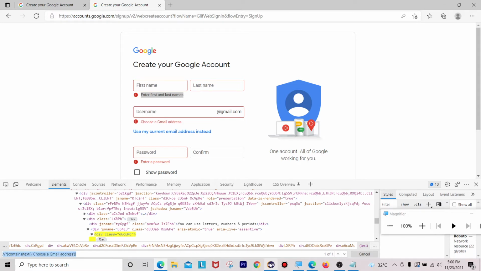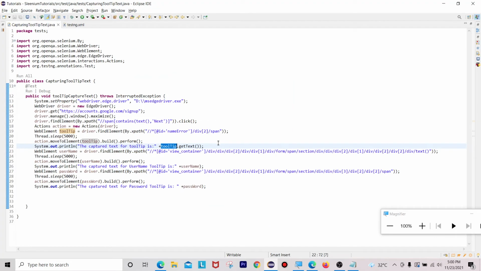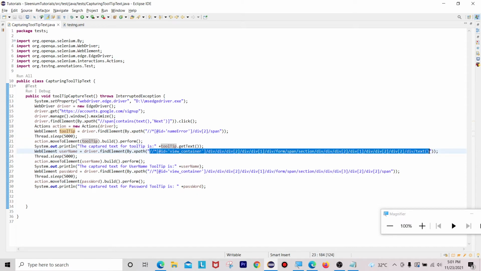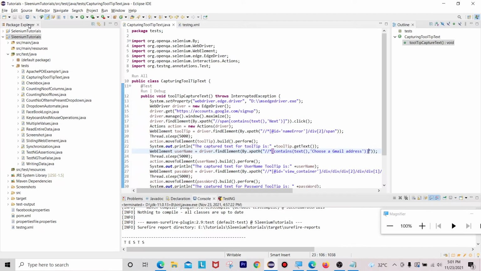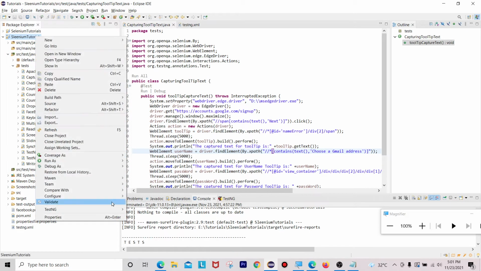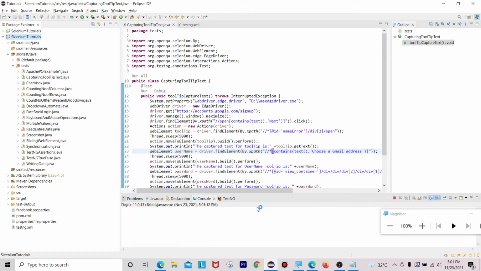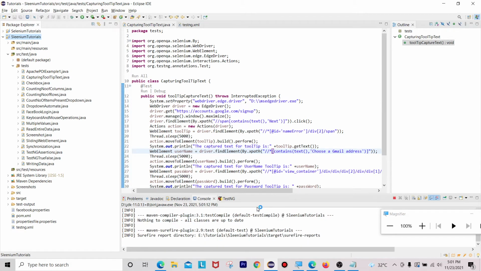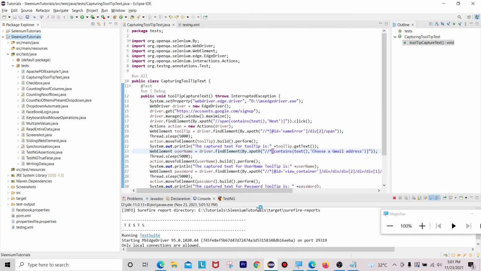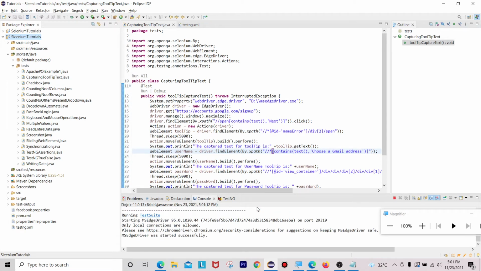Let me quickly go to our Eclipse, and this is where we took the XPath for username. Let me remove this one and use this XPath. Now let me execute it and we'll see. Run as Maven test. If it is working, no issues.